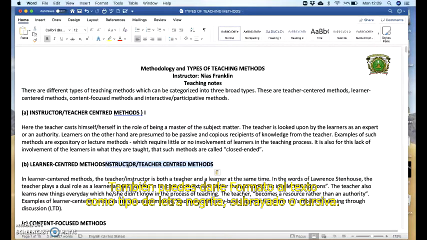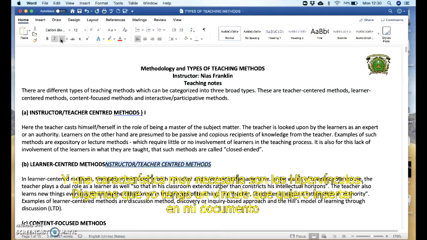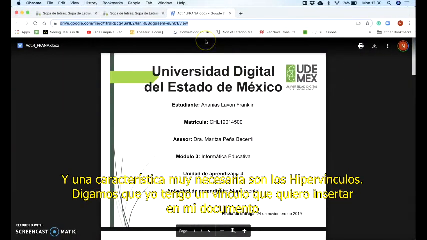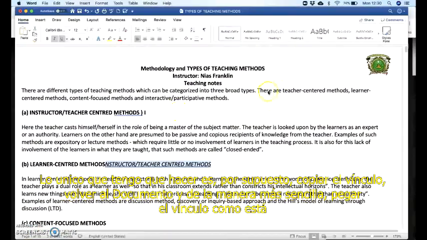You can also format text, such as font type, bolding, underlining, and italicizing. All of these features are here for bold, italicize, and underlining. And one really neat feature is creating hyperlinks. Let's say that I have a link that I want to insert in my Word document. All I have to do is, of course, copy the link, go back to the document itself, and